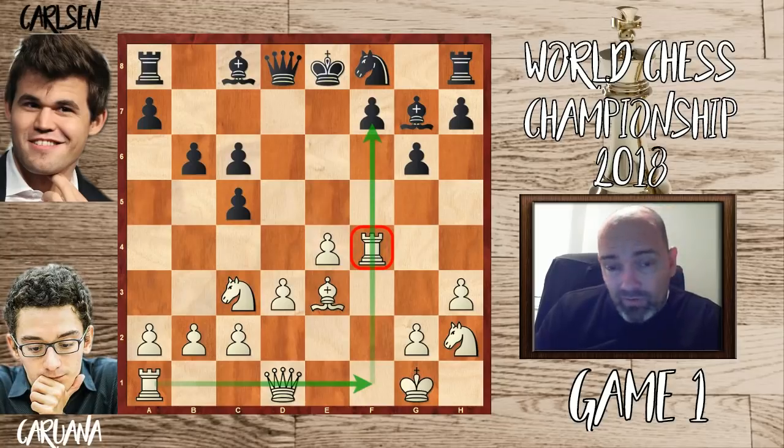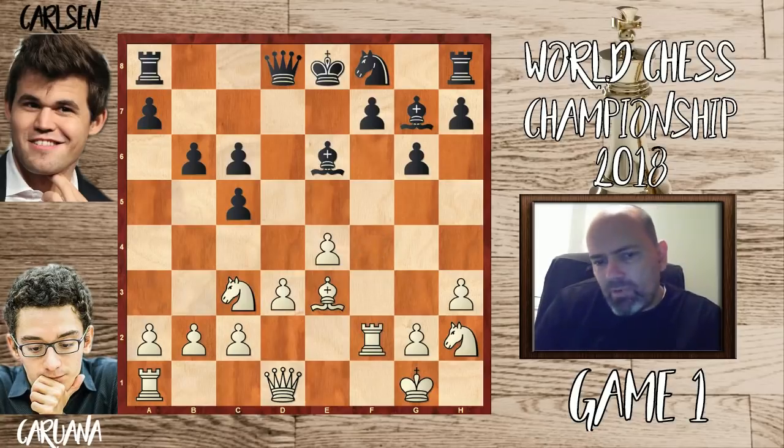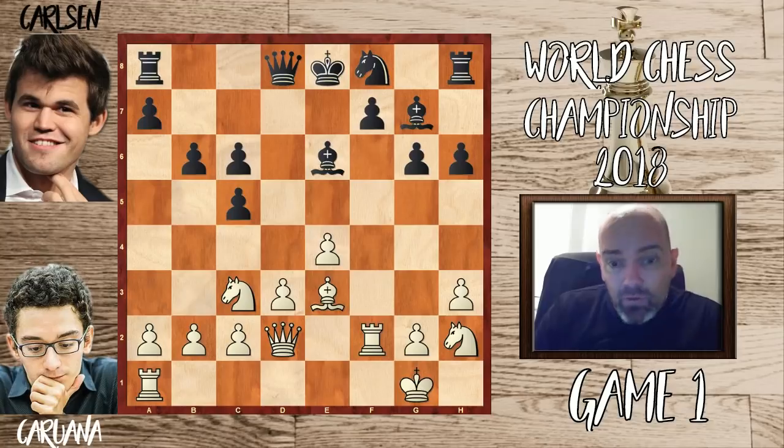Carlsen went on with development. He played bishop to e6. The rook swung back to f2. Maybe not necessary yet, but eventually you have to do it. h6 and queen d2. And here comes the first new move of the game, meaning that this position has been